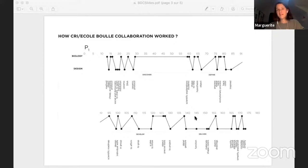After a first analysis of all 11 interviews, I found that each project follows the same pattern, which could be divided into 4 phases: discovering, defining, developing, and delivering, which are very typical in some standard design methods. But once I had this first pattern, I wanted to dig a little bit more, and I tried to find a way to visualize the dynamics of the roles between designers and biologists at each of the